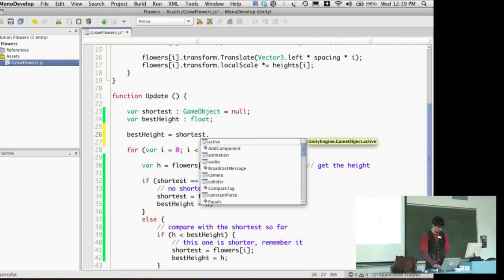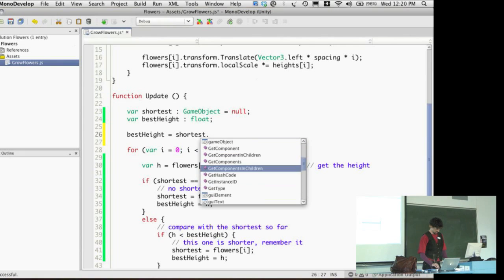Shortest dot. So, I mean, this is nice. I typed shortest, pressed the dot, which means some field or method of it, and now it gives me a list of all the fields that I might want to look for. So I can actually search through this list and find all the different things that are attached to my object,